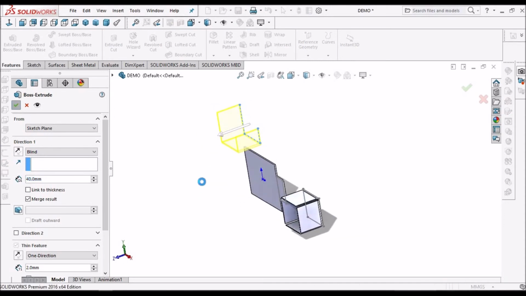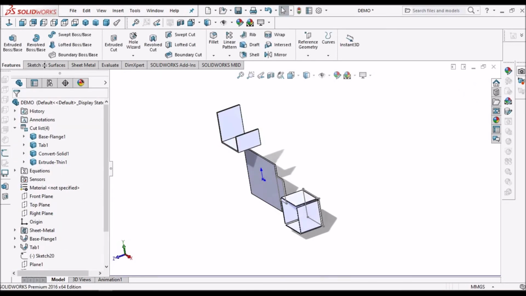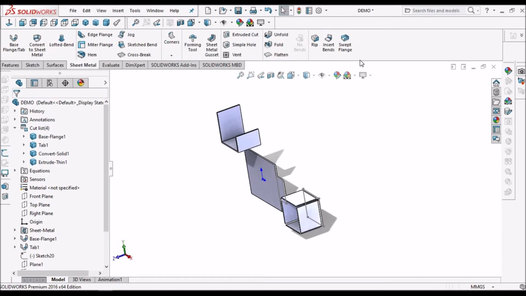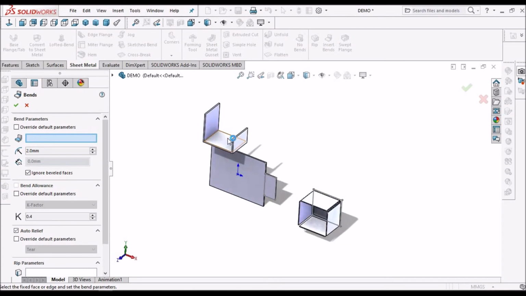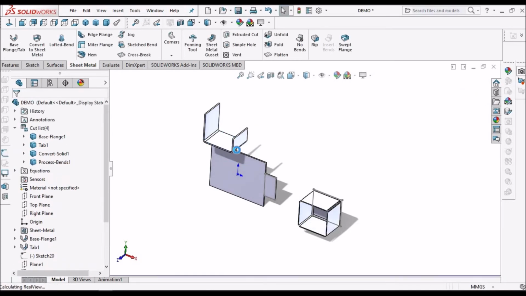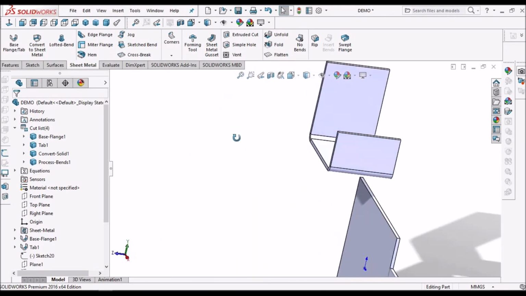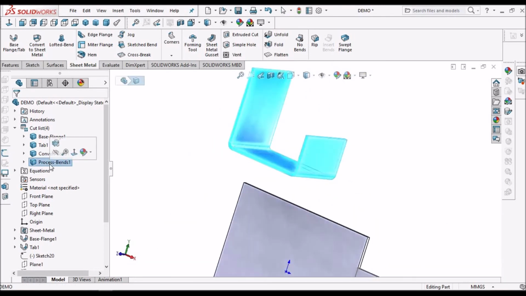So say OK. Now we have to go to sheet metal, insert bend, and select any face. So one more sheet metal component is created. See here.